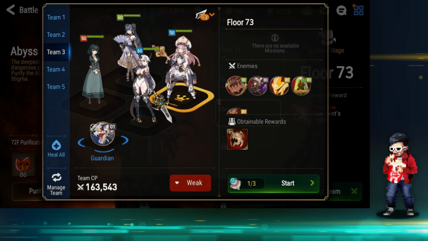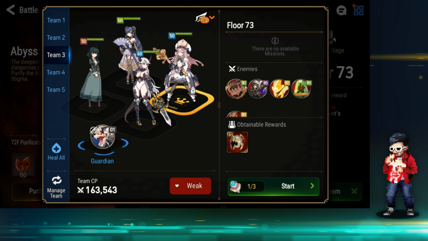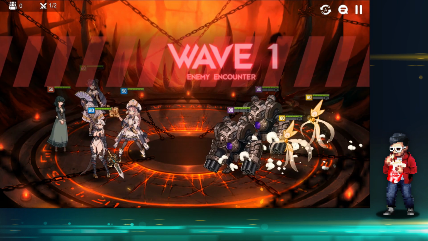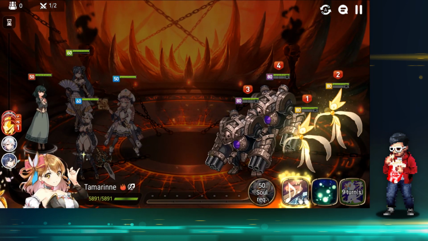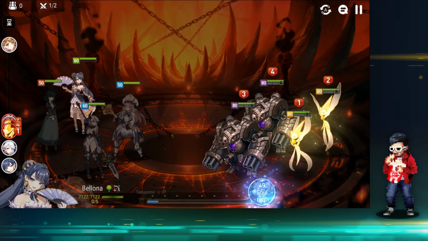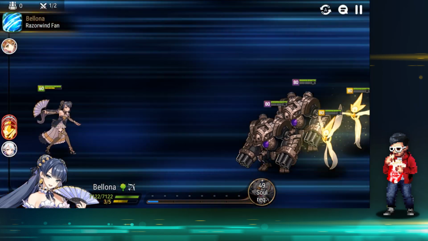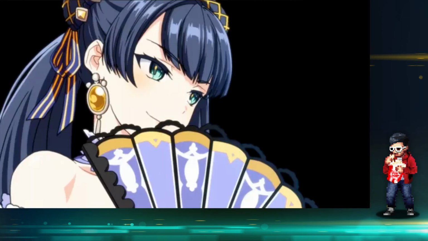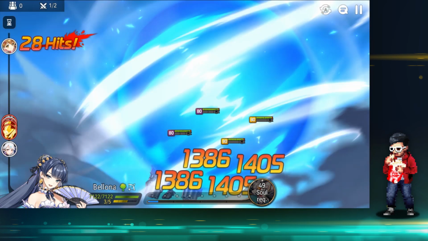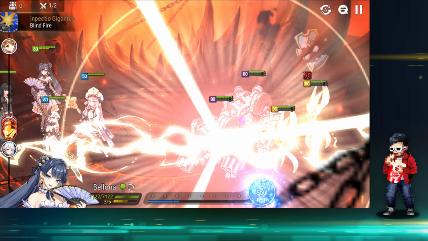This is floor 73 of the Abyss. I faced a couple difficult ones down the line, and this one I would have to say is still one of the most difficult ones. I've heard a lot of people having trouble with floor 73, and it's pretty much Golem, but Golem maxed out on steroids. Much harder than I would say the Wyvern